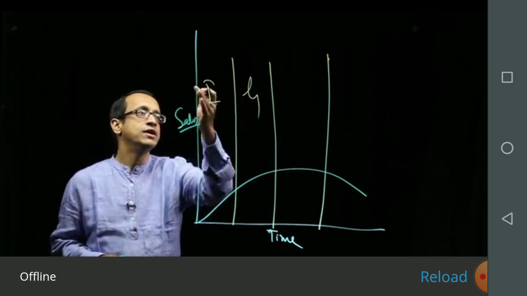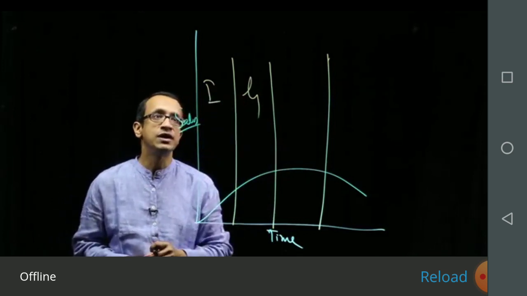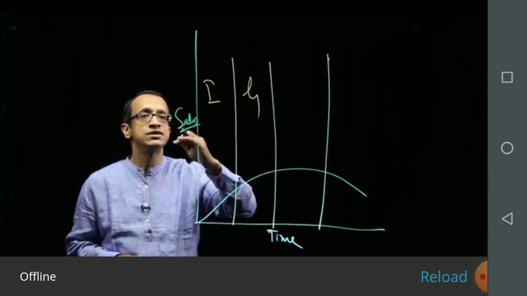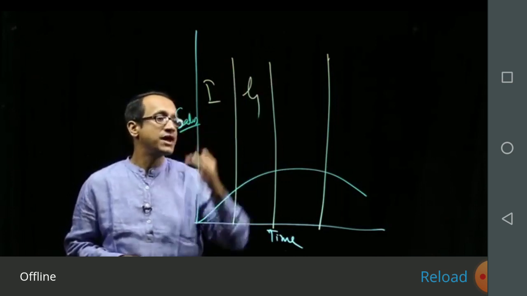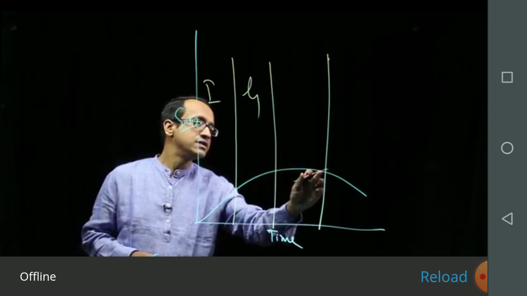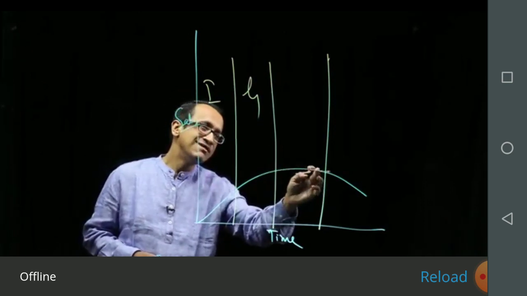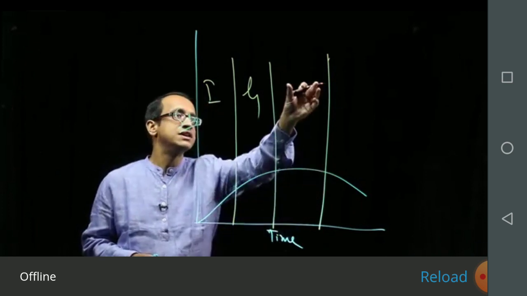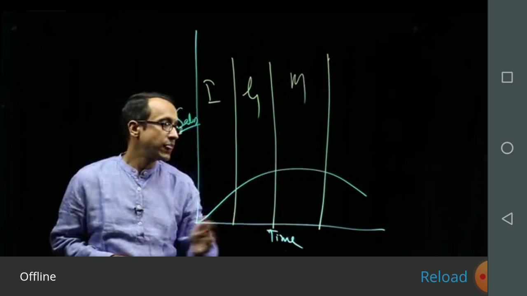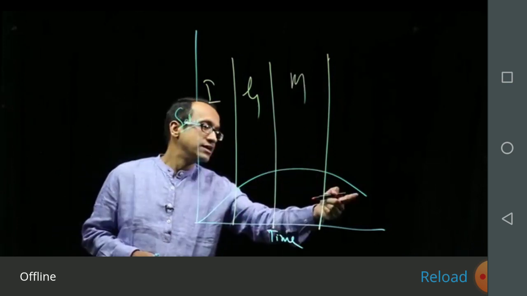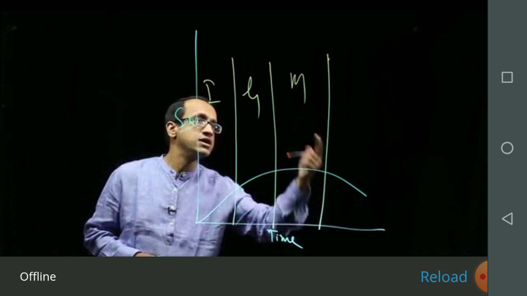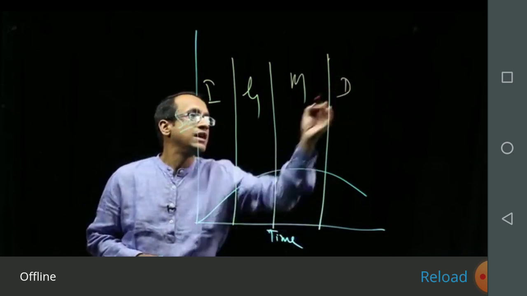If you want to put it in terms of human language, this will be probably till the teenage, and then growth is the teenage when the growth spurt is the maximum. And then you reach a stage where it is stabilizing and in fact starts going down. So this is the adult phase. This is called maturity phase. And the absolute sales starts going down. So this is called the decline phase.